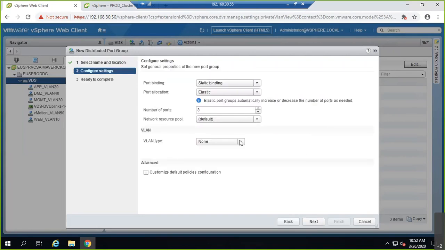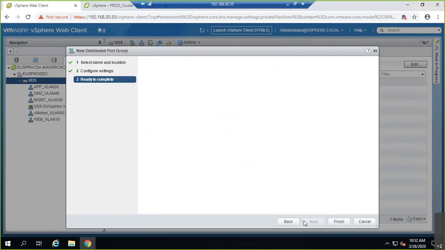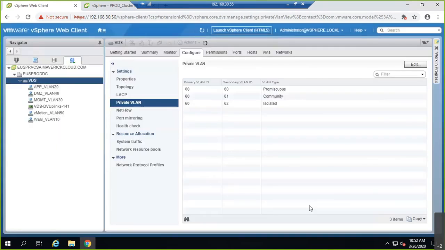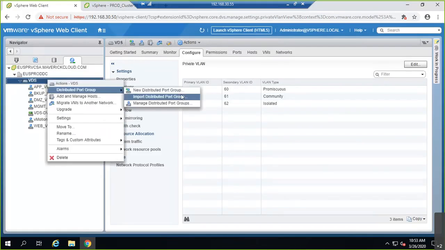Next, private VLAN, 254. Next, finish. So backup private VLAN 60 has been created. What I will do, I will create one more port group,